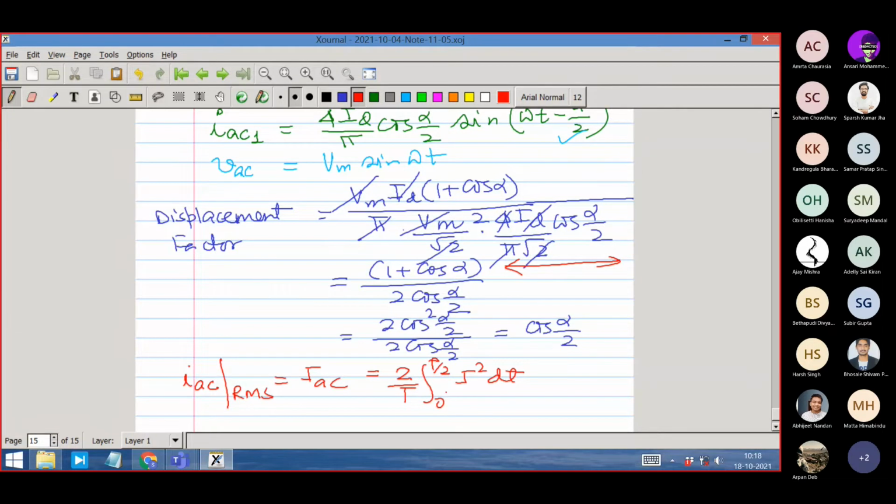So if I do the integration, I will get it as Id into (1 minus alpha by pi). Okay, so that will be our RMS value, means square root of that, which will mean that Id into